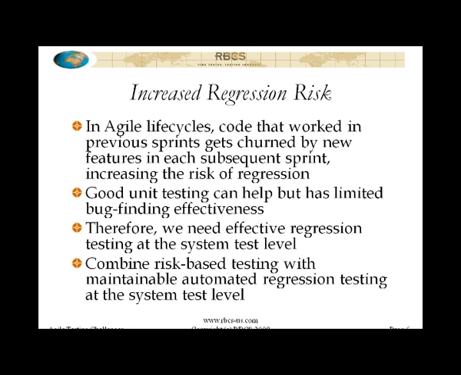Now, here's a challenge that is definitely inherent in any software engineering project following any lifecycle model where there is a lot of change to the code. That is, I think, philosophically embedded in the Agile methodologies. It's perhaps something that happens in other projects where maybe it shouldn't, but in any project where you have a lot of change in the code, particularly in Agile life cycles where code is getting churned in each subsequent sprint by changes, you're going to have an increase in the risk of regression.